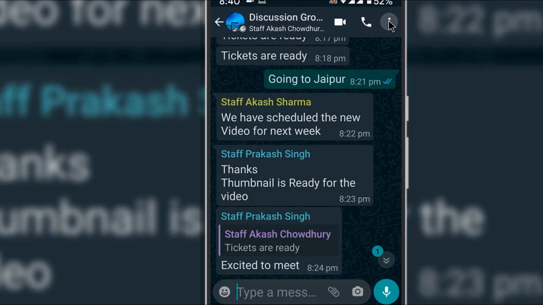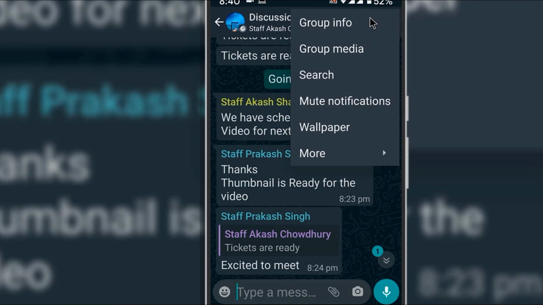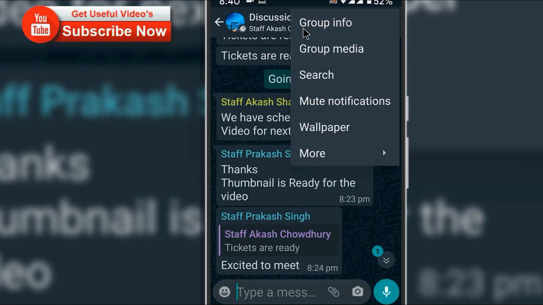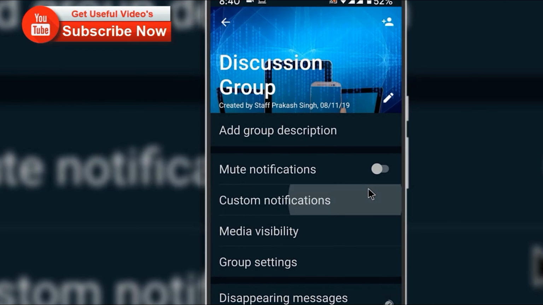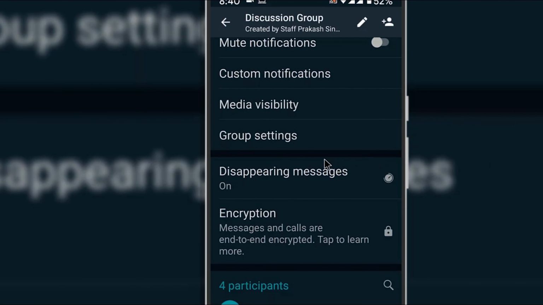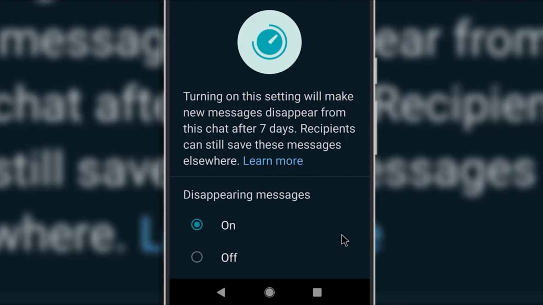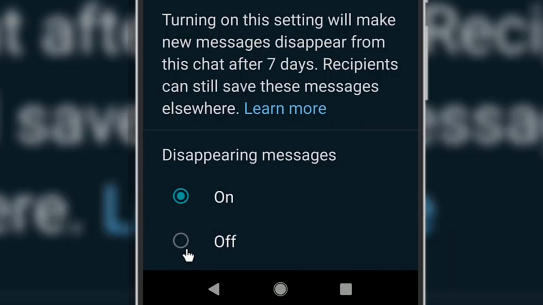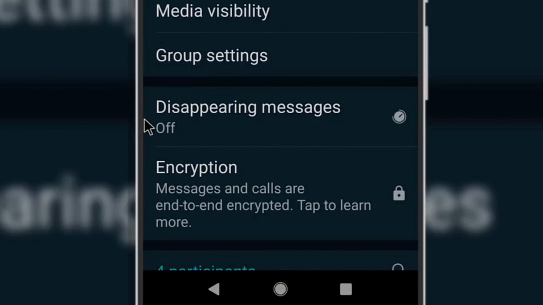You can similarly turn off this feature in a group chat by clicking on the 3 vertical dots and then on the group info option. After that, scroll down a little bit and click on Disappearing Messages. Now click on the Off button and come back to the group info page. Now you have successfully turned off the feature for the group chat. So this was the quick introduction to the WhatsApp disappearing feature.